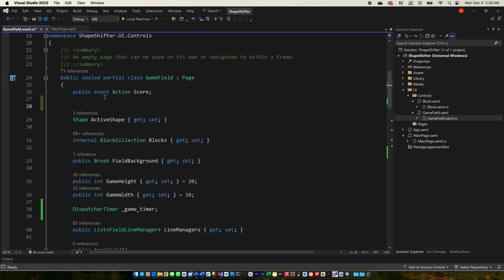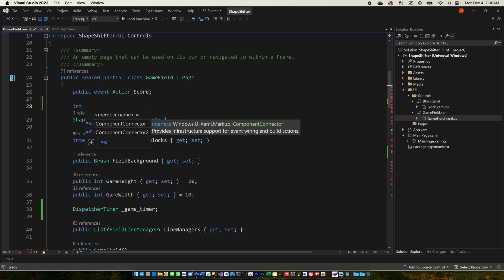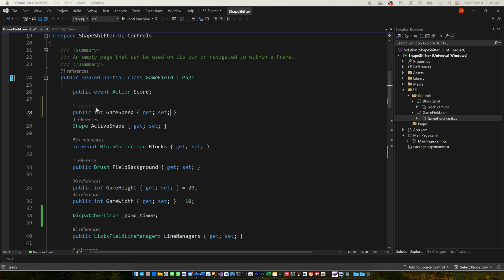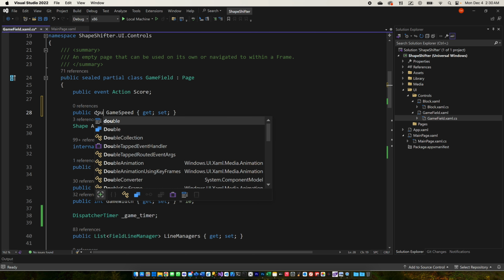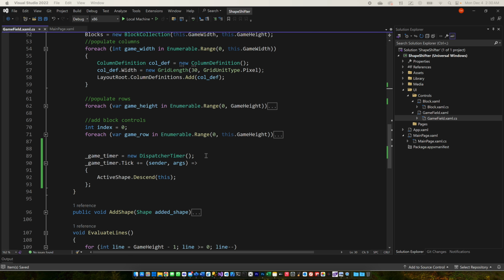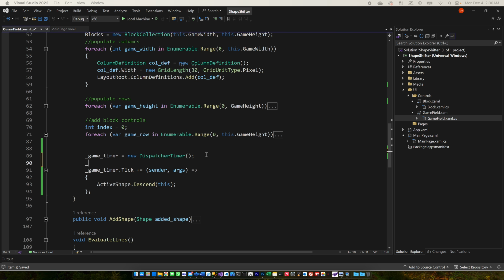So we can set up a game interval, and that game interval is what we would use later on when we want to speed the game up or slow the game down, right? So it's basically the game speed. And I think it needs to be a double. Dope. Then in here I can do